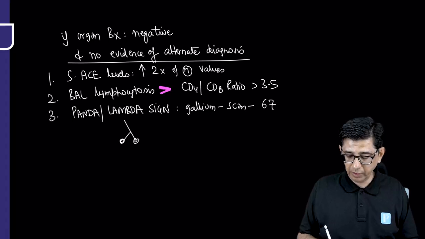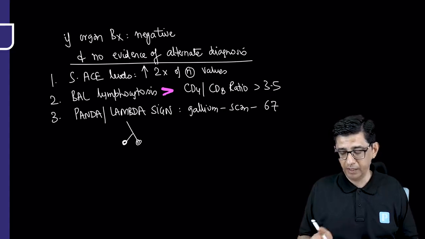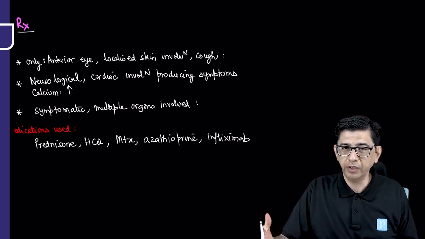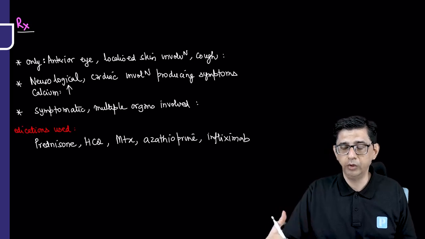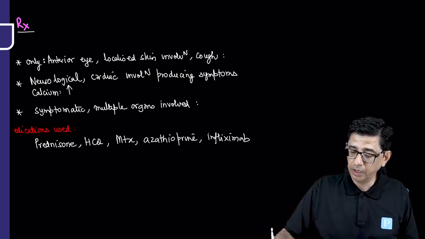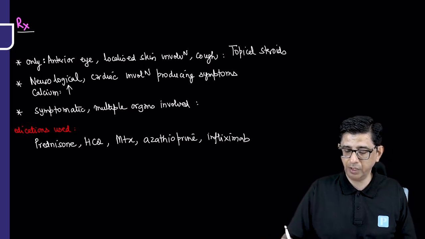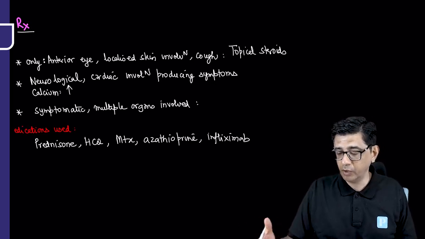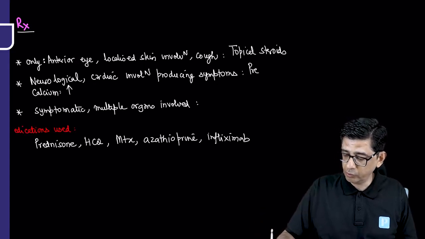Once we have confirmed the diagnosis on the basis of point number 7 or the current slide, then it would be time for treatment of this condition. Coming to the treatment of this condition, we'll be using steroids. If it is only anterior eye involvement or local skin involvement or cough present, then we can be using topical steroids. However, if there is a neurosarcoidosis present in the form of lymphocytic meningitis or cranial nerve involvements occurring in this place or cardiac involvement producing symptoms, or there is a hypercalcemia, then the mainstay treatment would be steroid, that